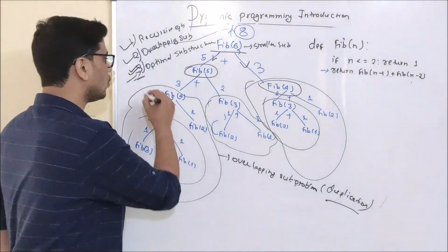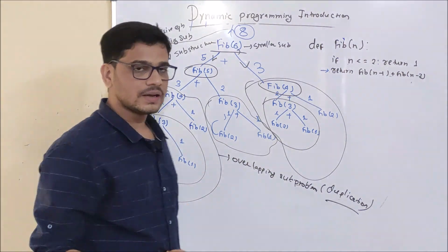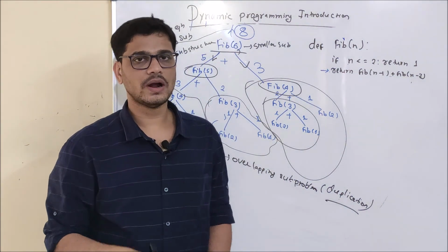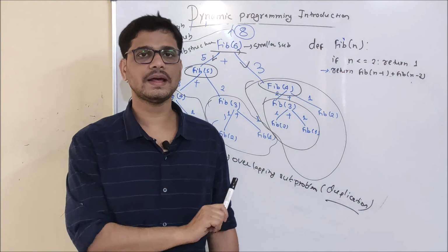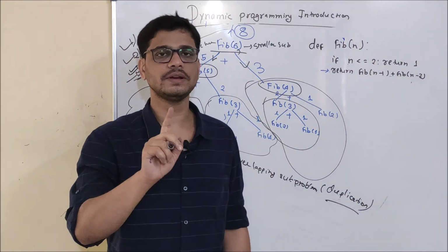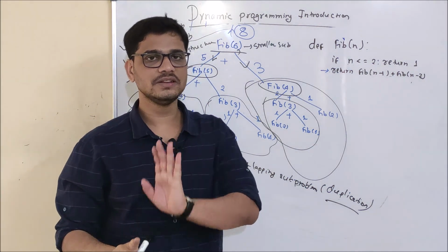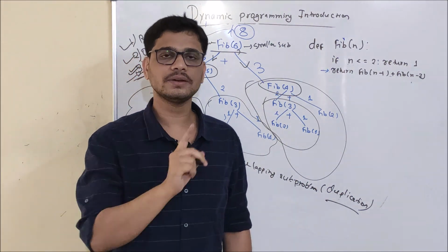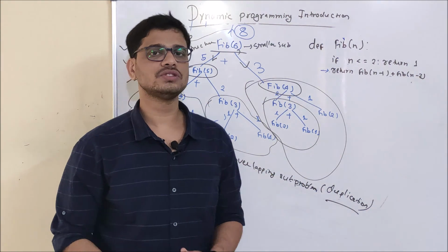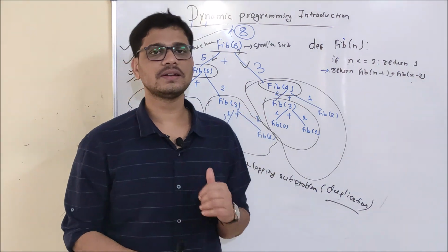Now all the conditions for DP are satisfied, and what are we going to do next? We are going to apply dynamic programming here, and to apply dynamic programming we have two methods. The first one is the top-down memoization method. It is a recursive method, and the second method is the bottom-up method, which is an iterative method. We are going to see the top-down memoization method in our next video.